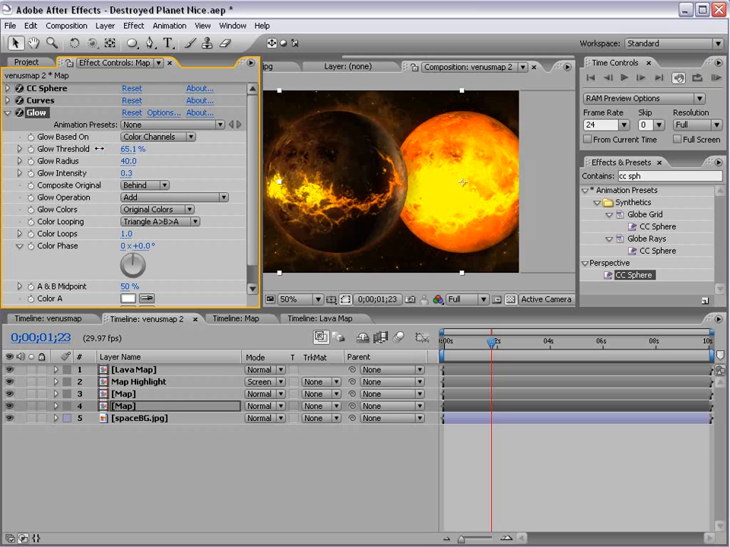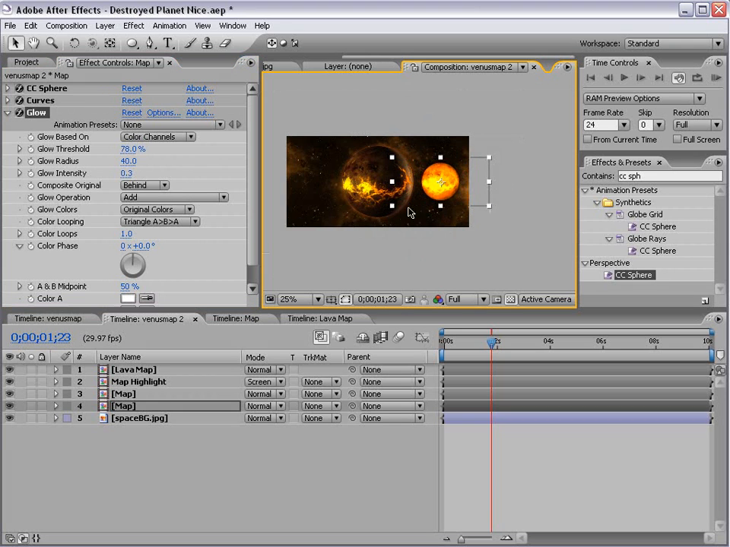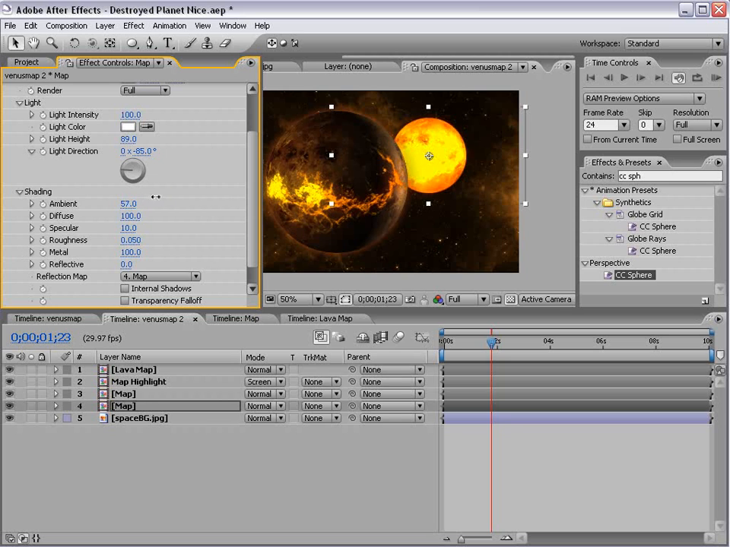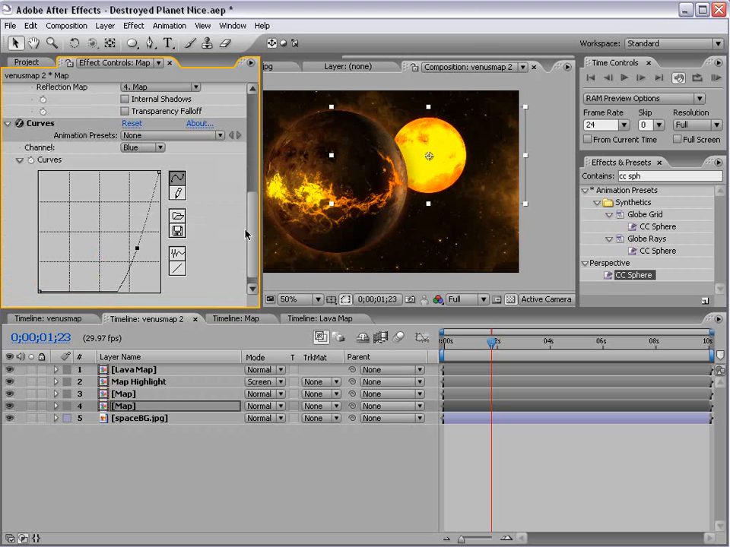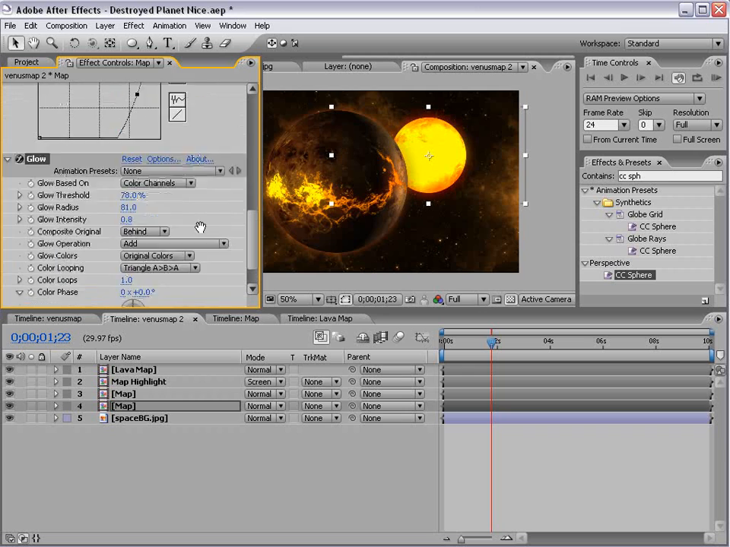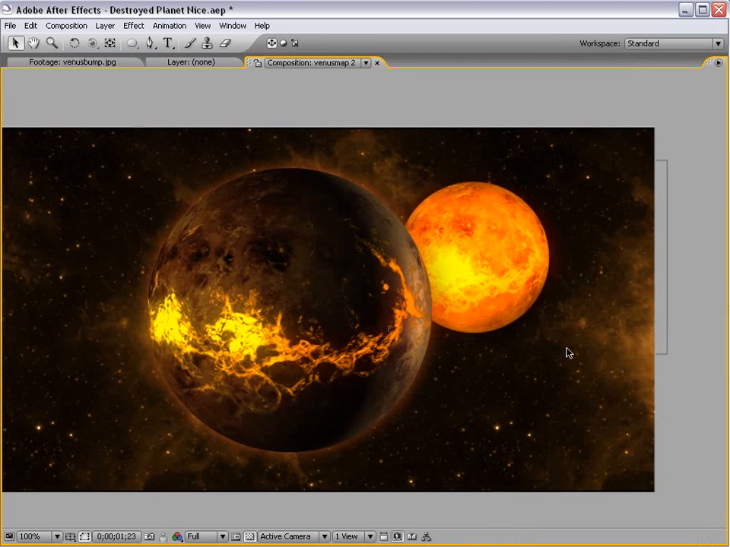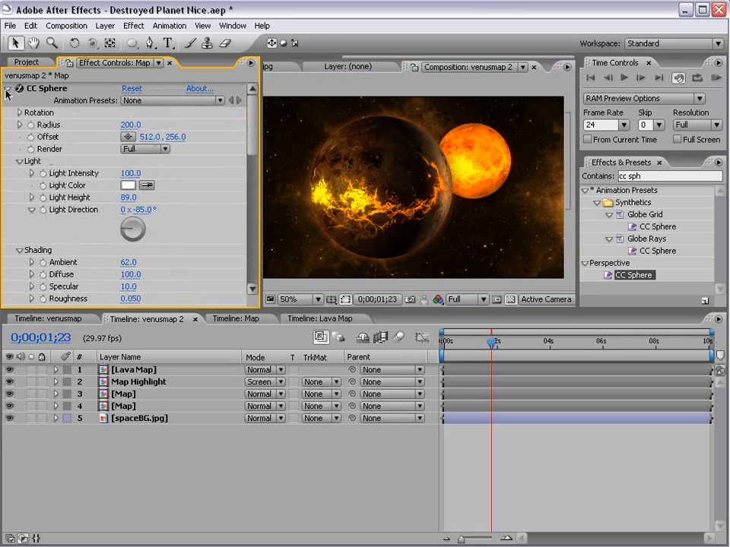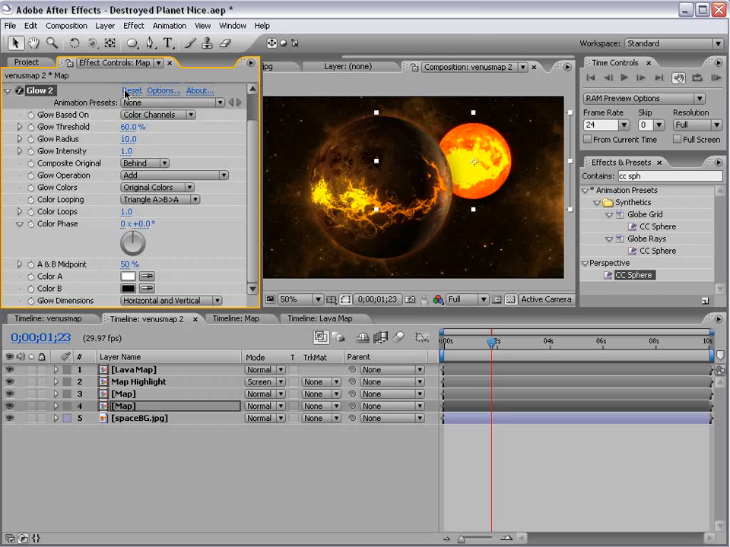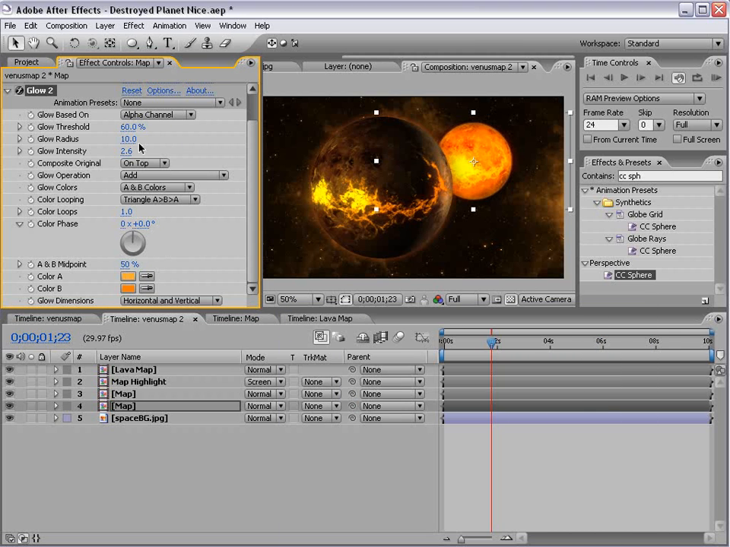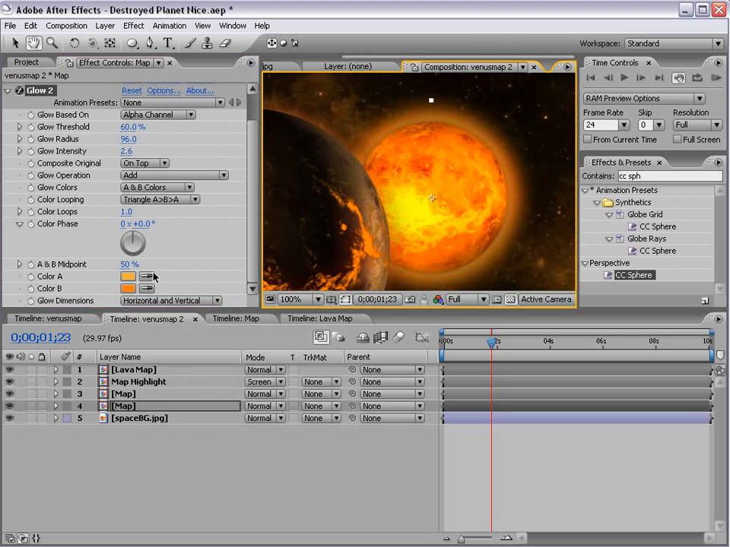Let's see. It's pretty good. And I'll just scale it down here. And probably want to go into the shading and increase the ambient. And that way the glow won't be so intense. And then we could add a glow on the outside by just duplicating this glow, resetting it, changing it to alpha on top, and then changing the color to a color similar to the edge. And then increasing the intensity and the radius. So I'll probably change this color to